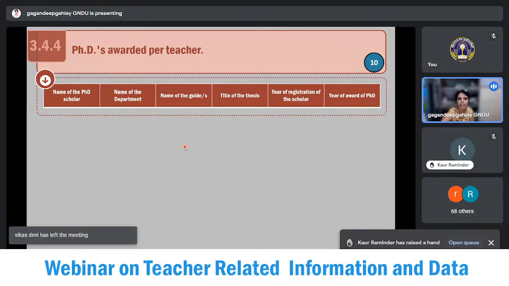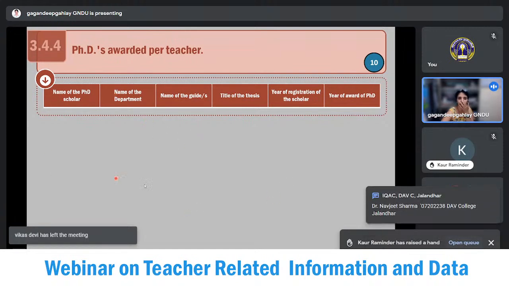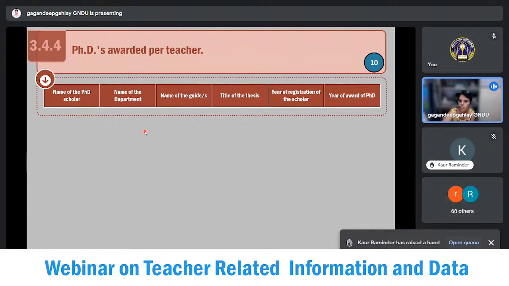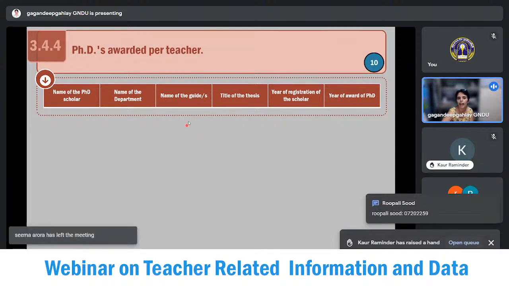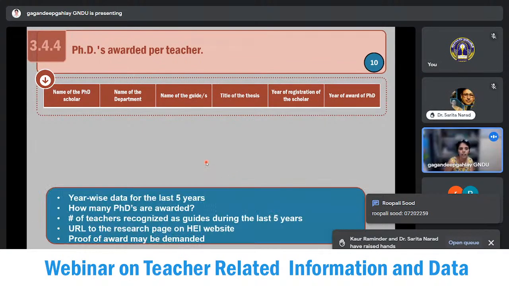Please remember that the names of the guides can only be the names of the teachers which you have already included in section 2. Also, these numbers cannot be more than the number of teachers with PhDs, because only those teachers who have PhDs have the ability to guide other students for their PhD. So this is a tricky point. We have to be very careful not to include any wrong data in this table. Again, the section is for 10 marks, and